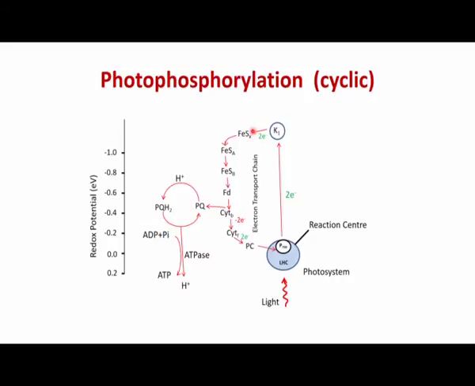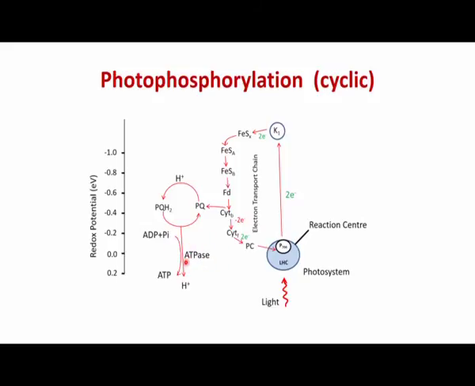Subsequently, these electrons go through a series of different electron donors and acceptors, which include ferredoxin, and then ultimately reach the cytochrome b6f complex. At this stage, the cytochrome b6f complex gets activated, and this activated complex then combines the proton to the plastoquinone, and the plastoquinone utilizes this proton gradient to produce the ATP in the presence of the ATP